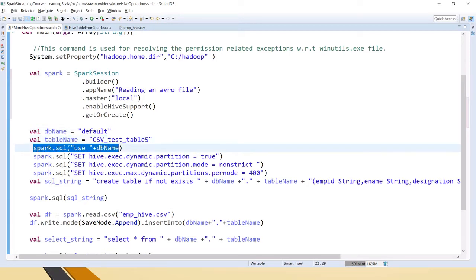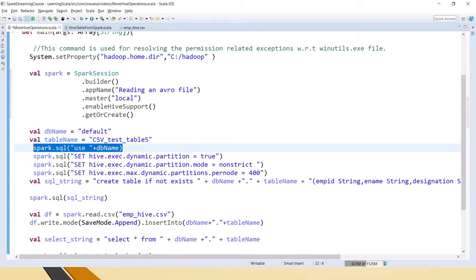And the first one is just to show you how to use the database name. Here we have created the Spark variable, right? So Spark session dot SQL, use is a string, and then the DB name. When you trigger this, it will execute the command use database name. Okay, but when you are working in the main code, no need to do the use DB and all. You can directly fetch the data, or you can directly query for the Hive tables.